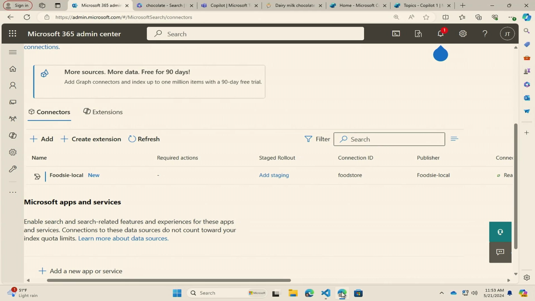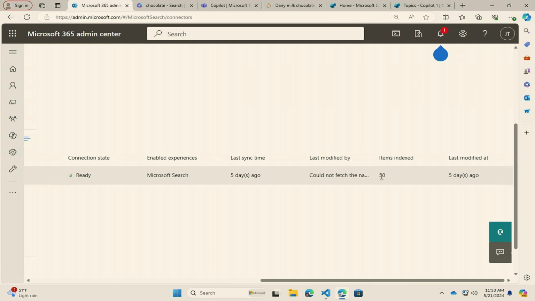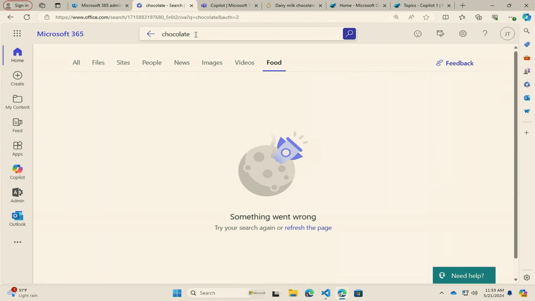If you're a search admin or you're a global admin on a developer tenant like I am, where you can do all sorts of trouble, you'll see in the Search and Intelligence Center that they list all of the different graph connectors that have been deployed. And you'll be able to see here we've indexed 50 items inside of that connected content. Now, the beauty of this is